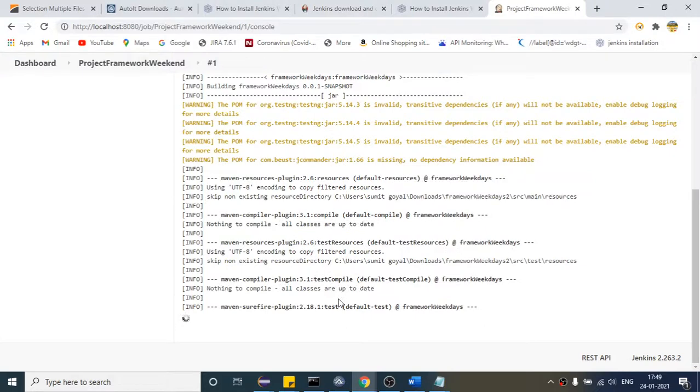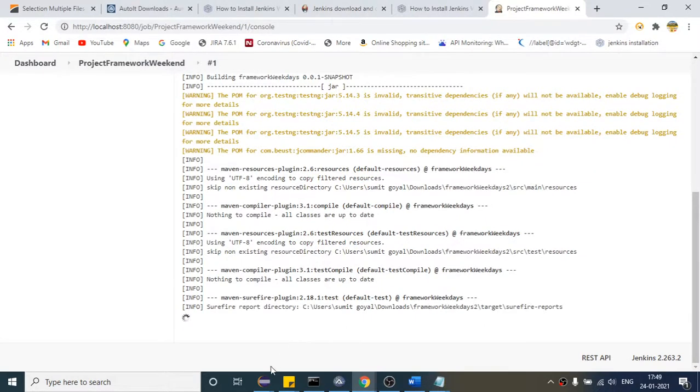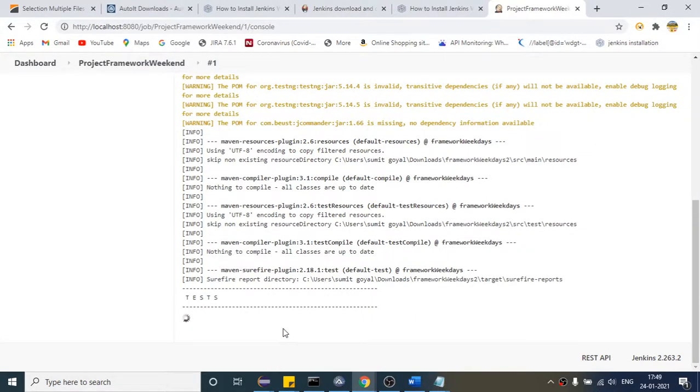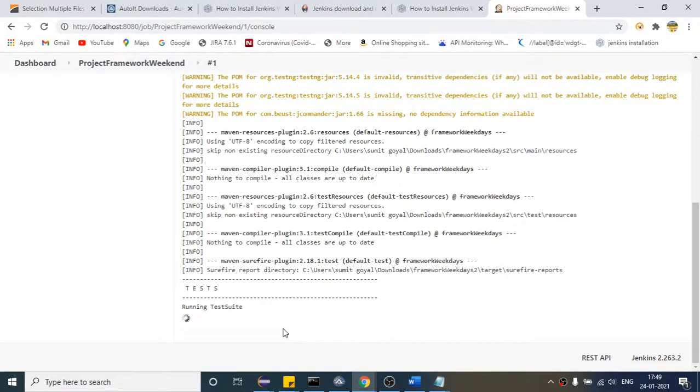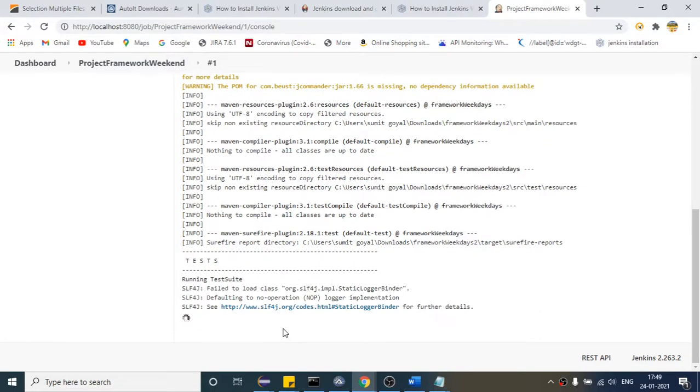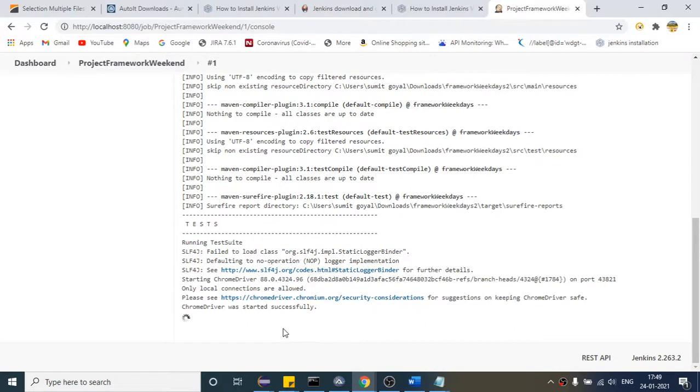Basically what is happening when I'm providing Maven test, it is simply executing the testng.xml, right? Because I provided the Maven Surefire plugin, automatically testng.xml will run, and we are going to get the same output again. You can see Chrome open.